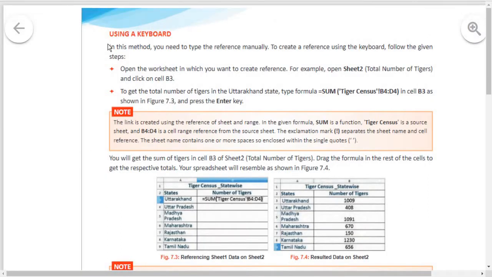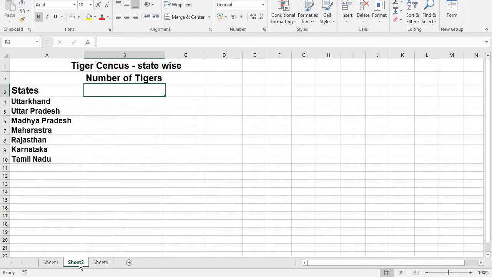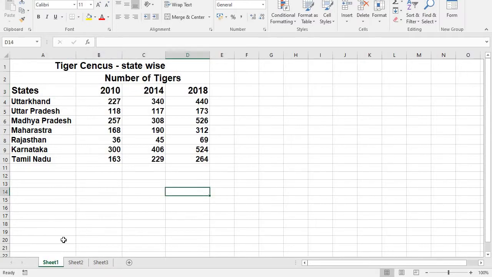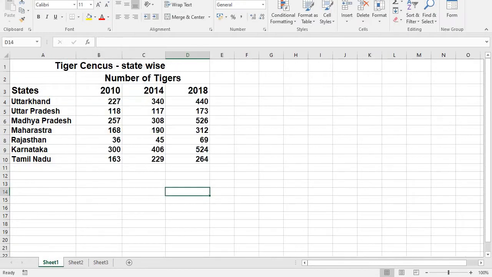See children, the first method is the keyboard method. How will you use this method to apply that feature in between these two sheets? You have to open the first worksheet like this, and then open the second worksheet like this. You have to type some data in the first worksheet, and then some data in the second worksheet. Now I am going to apply this feature.